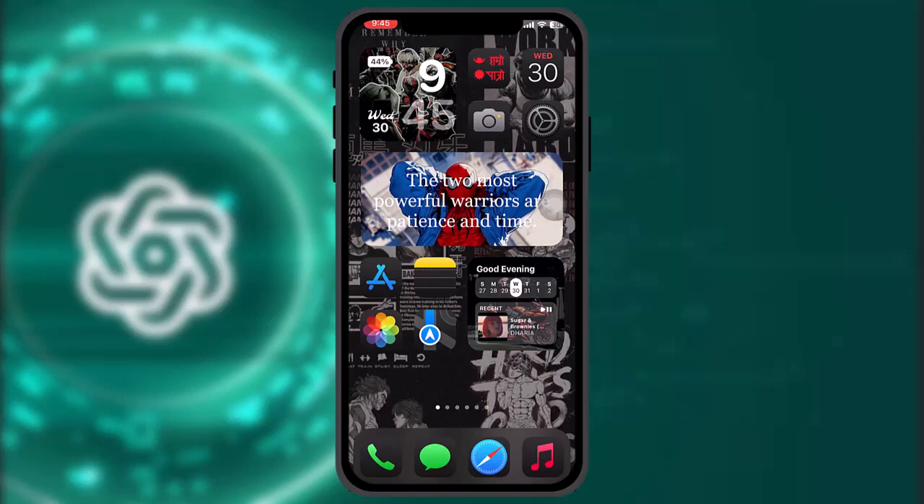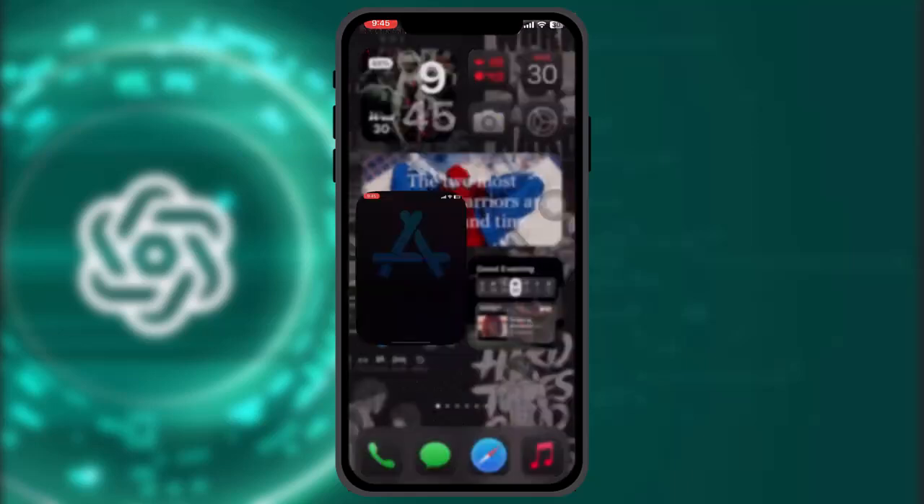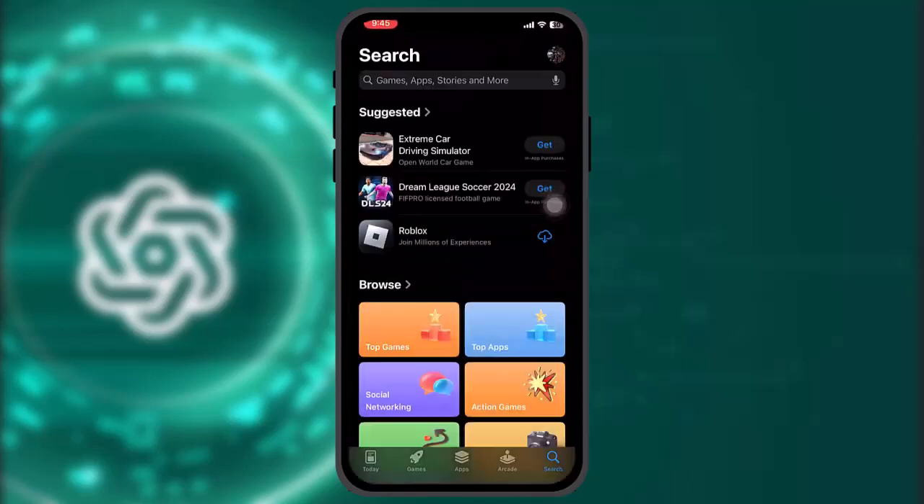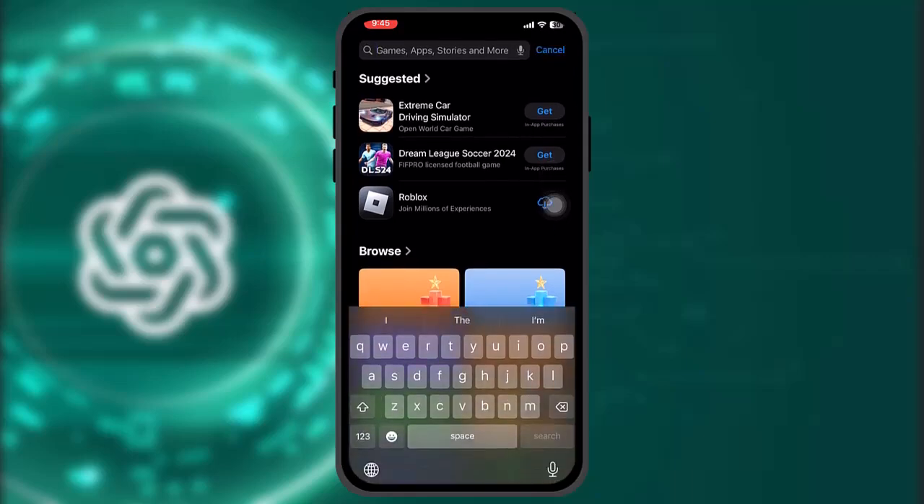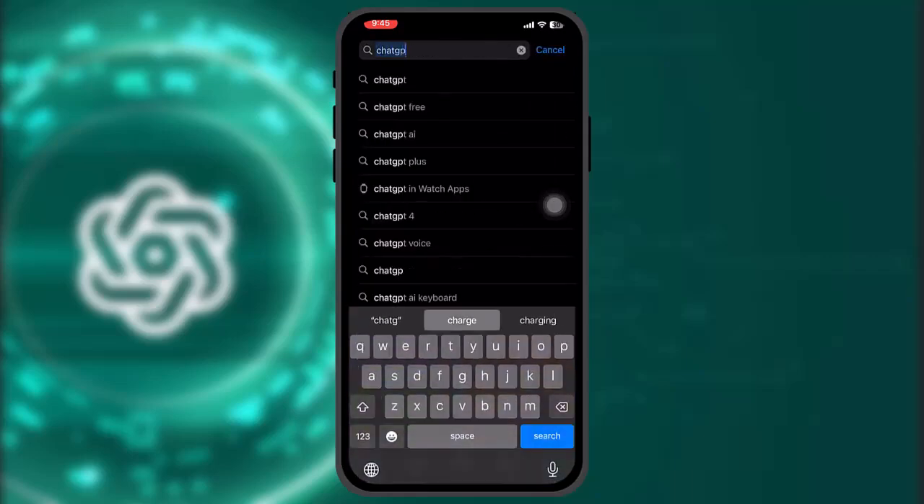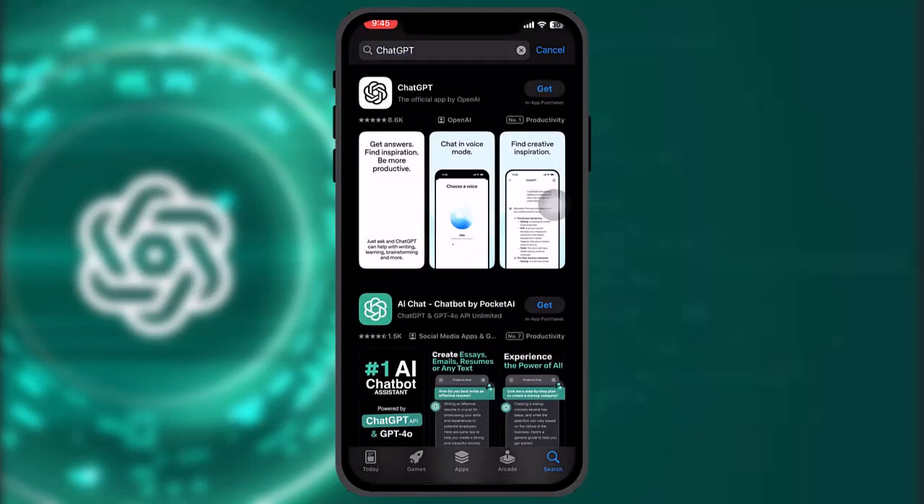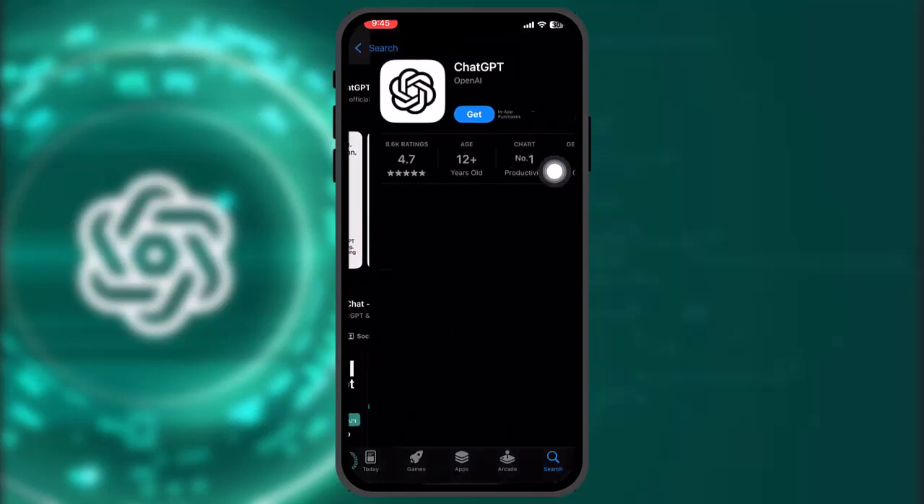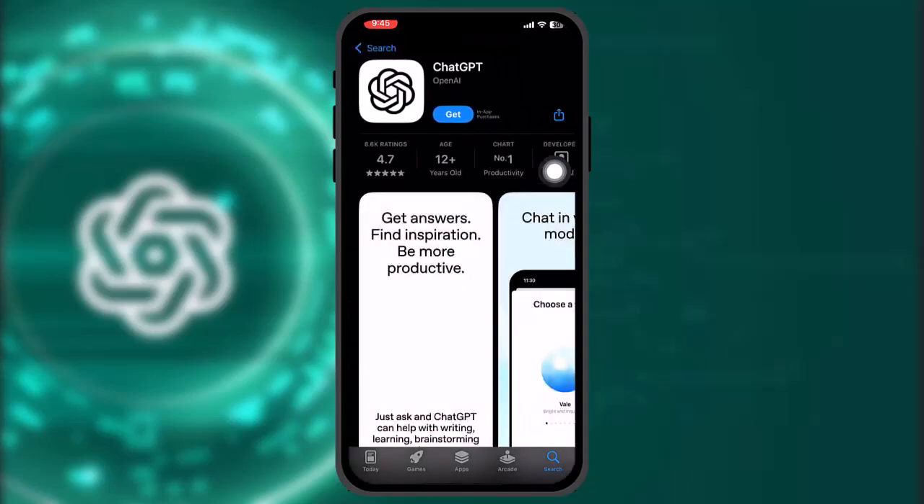So the first thing that you need to do is head over to your App Store and then tap on the search bar and type in ChatGPT. Once you do that, tap on search. Once you hit search, tap on the ChatGPT, and then here all you gotta do now is tap on the get button,